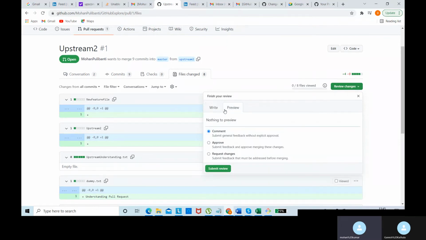Here you can see there is an approve, right? Okay, so this is something we missed. There is an approve and there is request changes. So you can do anything. Let's request another change. Let's go with request changes. Don't approve it, request for another change. Ask me to add text, change the P and R to small letters in the understanding pull request, request changes, and submit review.